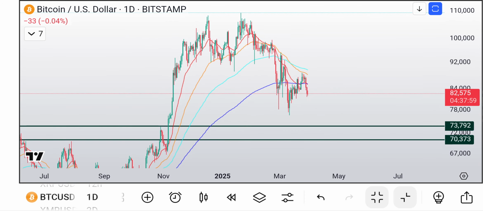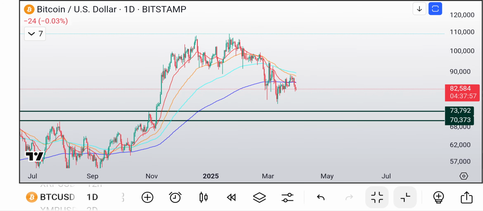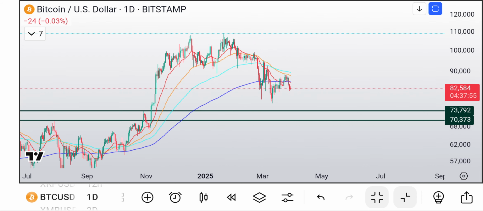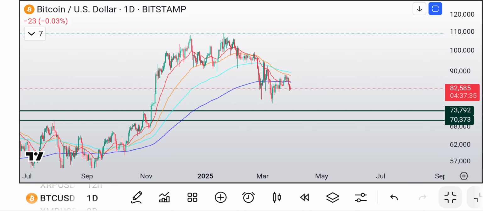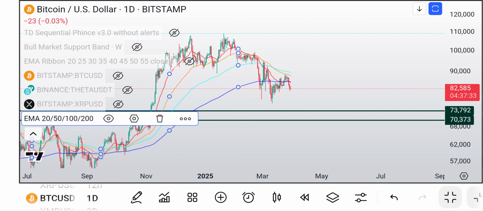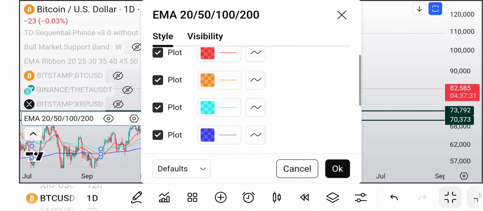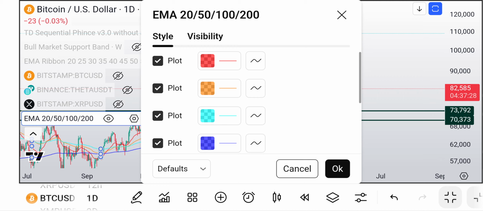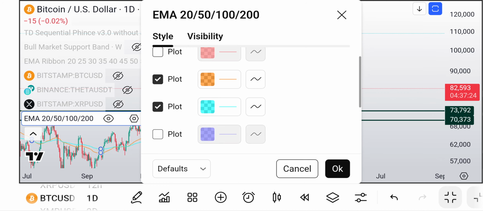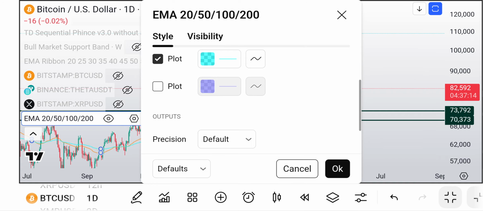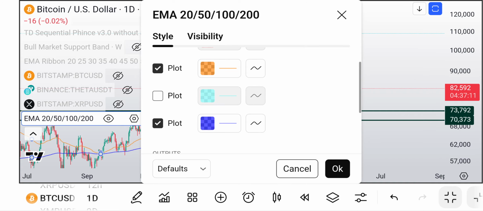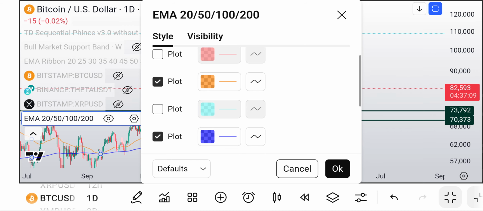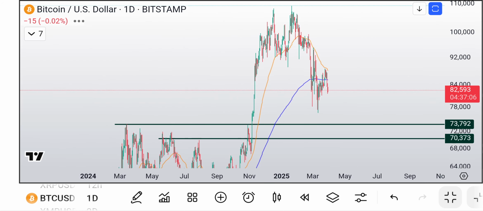So I was saying the thing about the death cross is that a lot of times you get a bullish move into the death cross. That's usually the 50 and the 200. So if we go to settings, and we get rid of the 20 and the 200. No, actually, I'm sorry, we keep the 50 and the 200. All right, so there you go. There's the death cross right there.